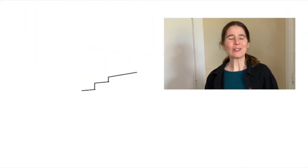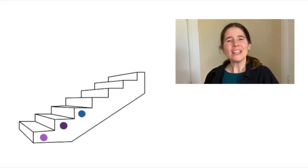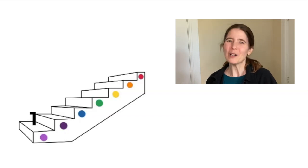Now, all these distances between notes, steps, skips, leaps of various sizes, near ones, far ones, all of these are called intervals, and each interval has a name. They're named for the step they are on the staircase. So if you remember our musical staircase from the steps and skips lesson, if we number the steps 1, 2,